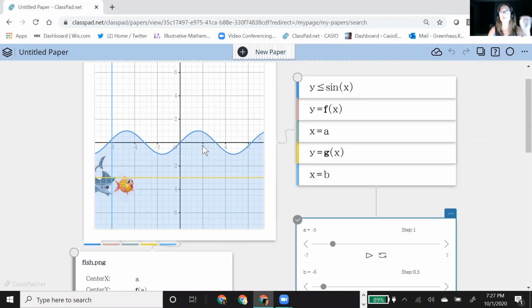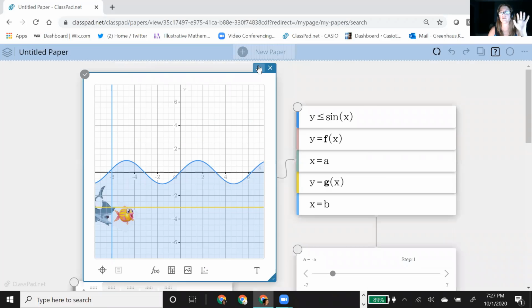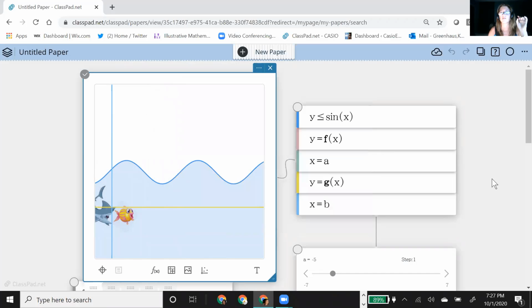I have tried, by the way, for those of you who are interested in using images, you know how sometimes images say they're transparent. They don't show up transparent on ClassPad for some reason. So I do have to ask them, can we make that? And I want to show you what happens if I hide all my numbers, then you just see my little